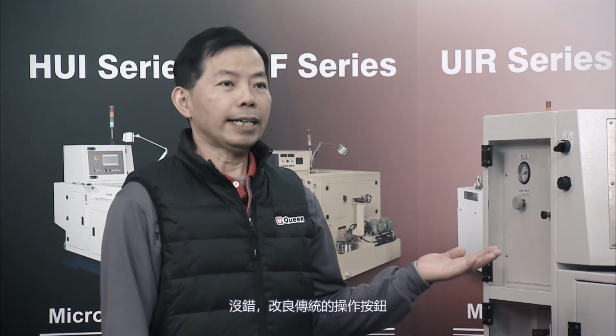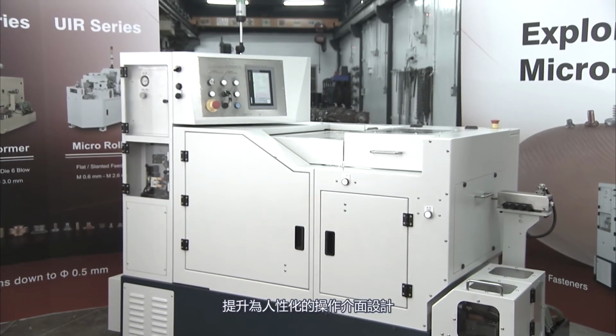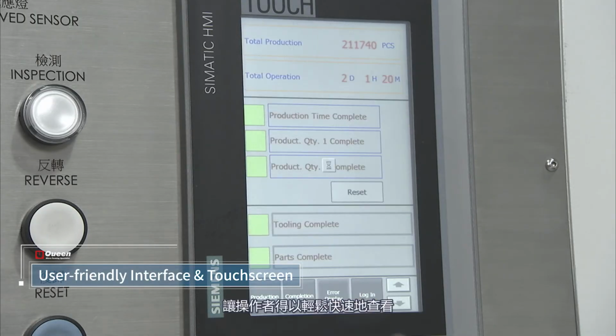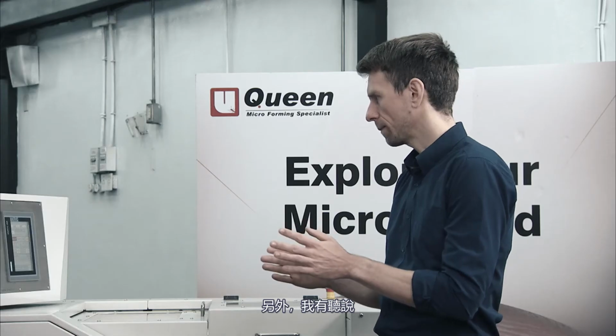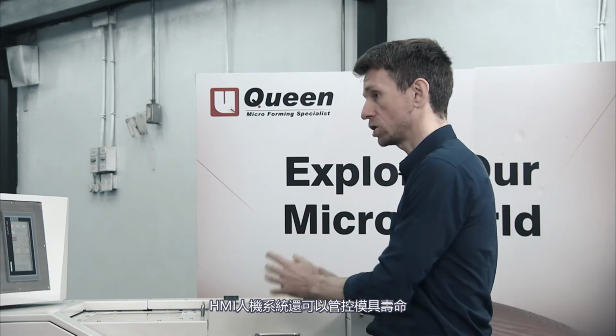Okay, and the software, I believe, even has a module that automatically monitors the punch die status